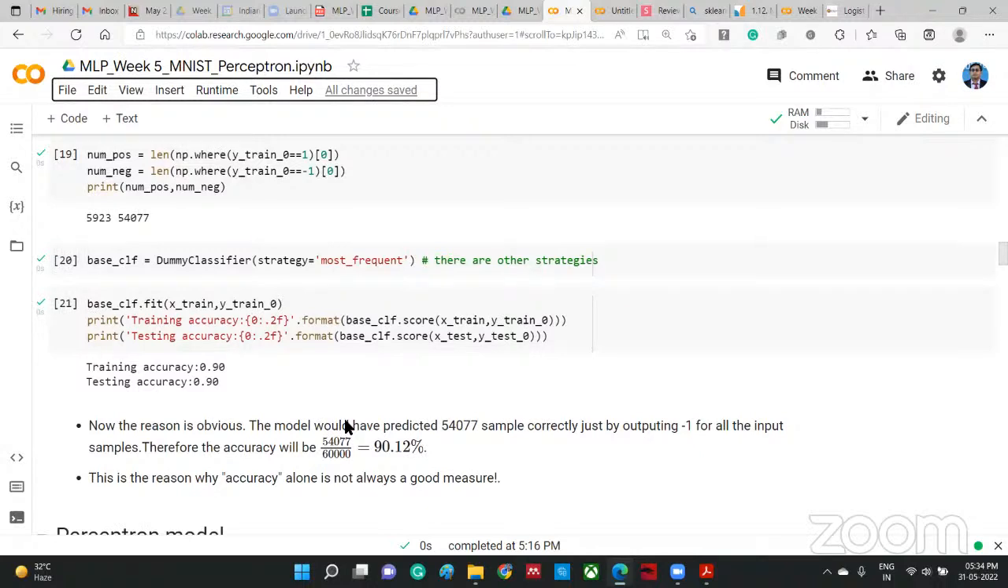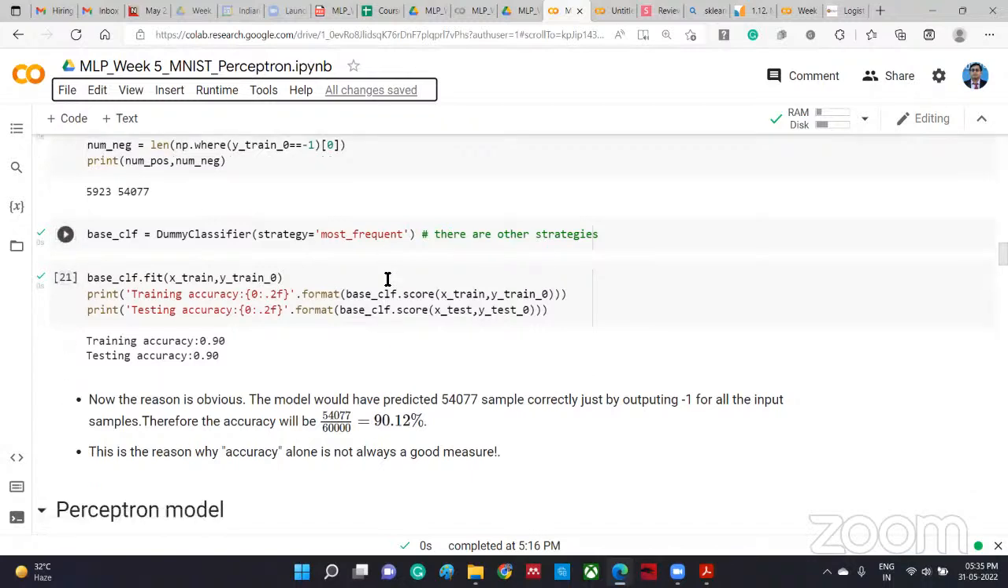Okay, so actually sir has mentioned in his video also that accuracy alone is not always a good measure, because the other samples also could be misclassified. So the accuracy in this case may not be a good measure. Okay,